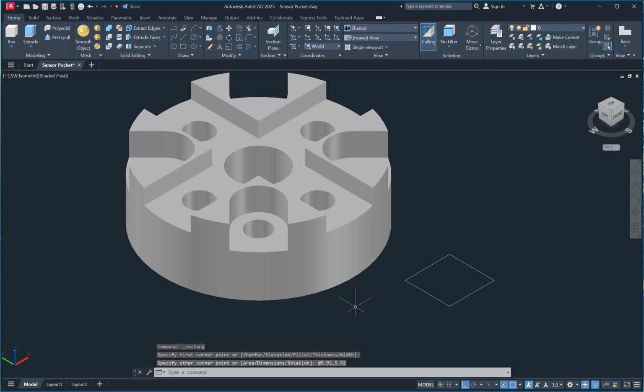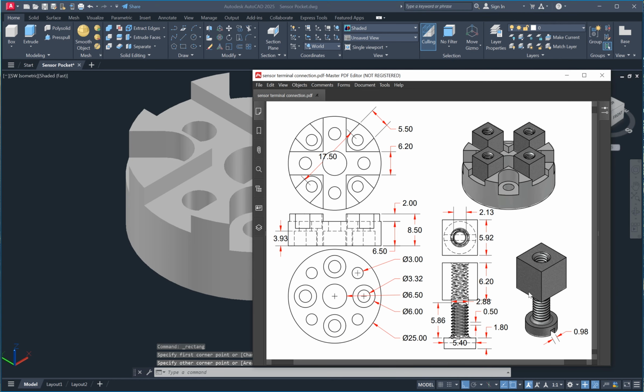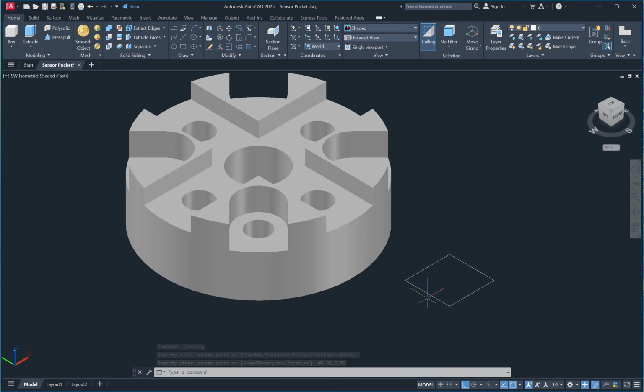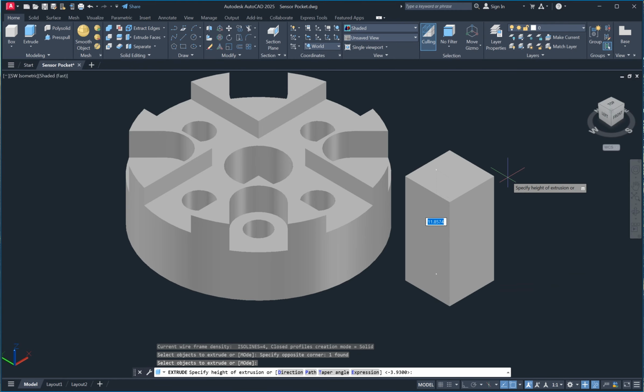Get like this, and then we extrude 6.2. EXT, enter, select object, enter, specify height of extrusion 6.2, enter.